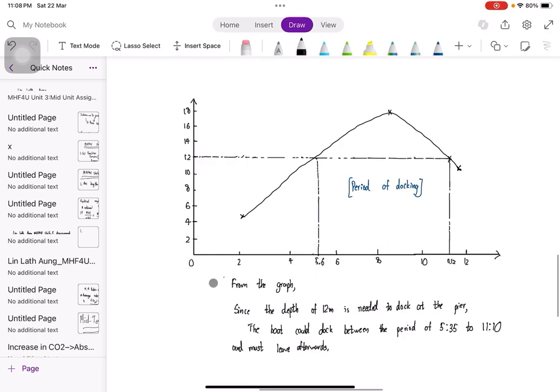So then I draw the graph here, and as I said, it needs at least 12 meters to dock the ship. So the period would be very limited. This section of the graph would be the period of docking. By judging the appearance of the graph, I can conclude that it can dock between 5.6 hours and 11.12 hours. So from the graph, since the depth of 12 meters is needed to dock at the pier, by converting into minutes, we could see here that the boats could dock between the period of